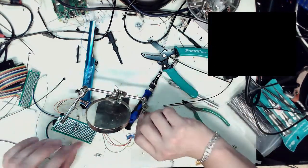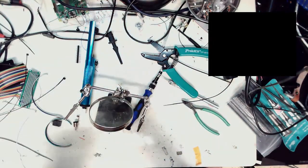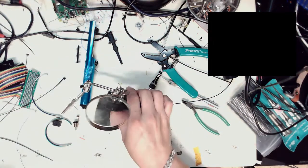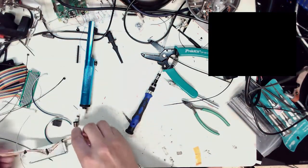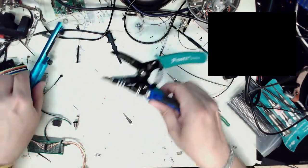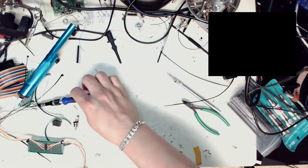Alright, I don't know if I have room to put back shells on this or not. The only problem you ever run into when you put back shells on is bumps a bit. Sometimes you can't fully seat the connector, which I think is going to be the issue when you plug it into the